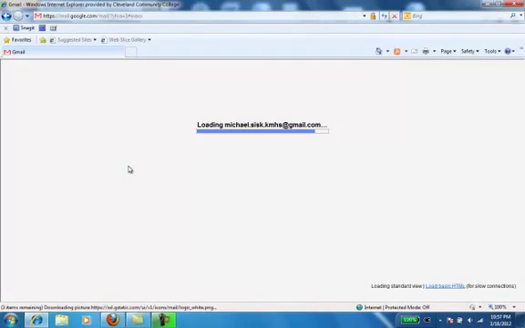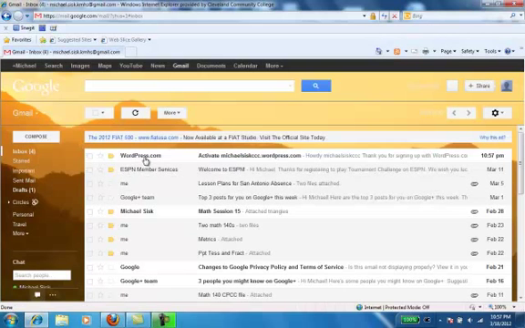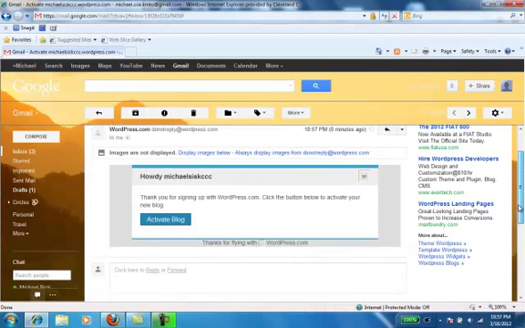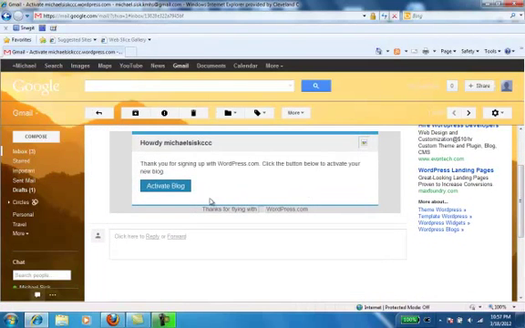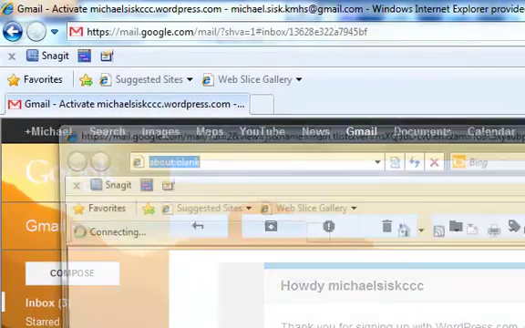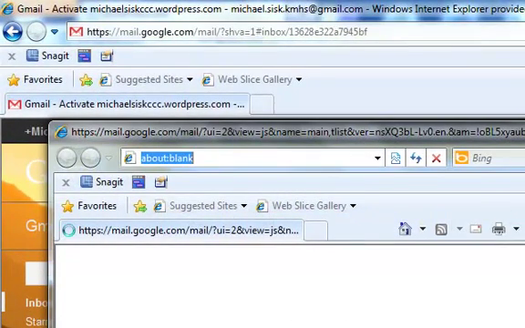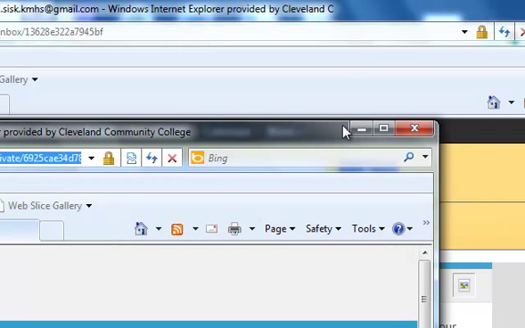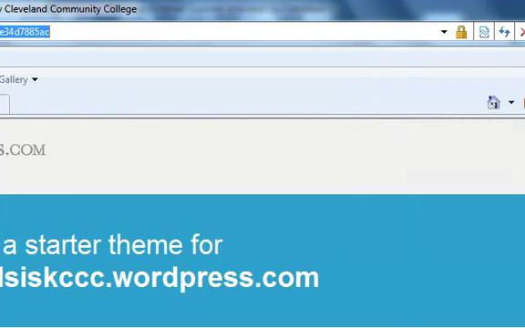email is there from WordPress. And there it is at the very top. It says WordPress.com, activate the account. I'll click on this to open it, and it says howdy to me. Thank you for signing up. And I click the button that says activate blog. As soon as I've done that, hopefully this will come up, and I'm at a place where I can choose a theme or background for my particular